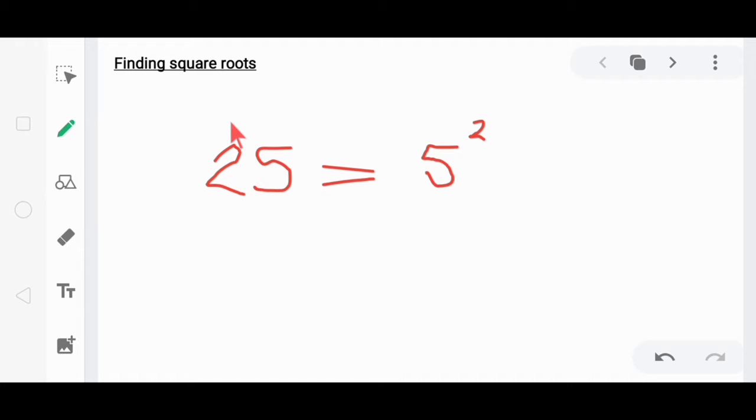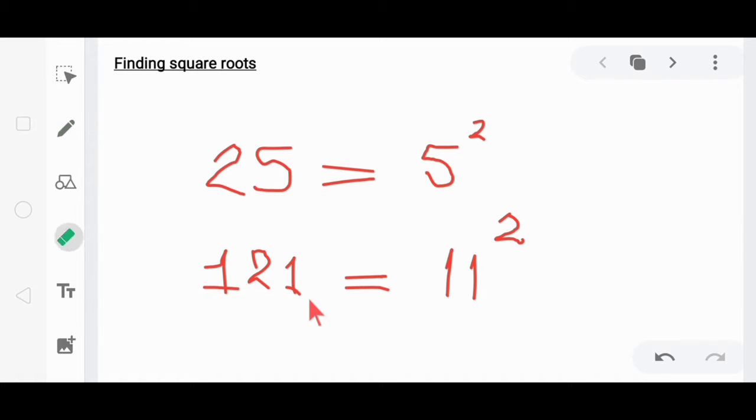We have more numbers, like if you are given 121, we obtain this as the square of 11. So here this 11 is the square root for this number, which is 121.